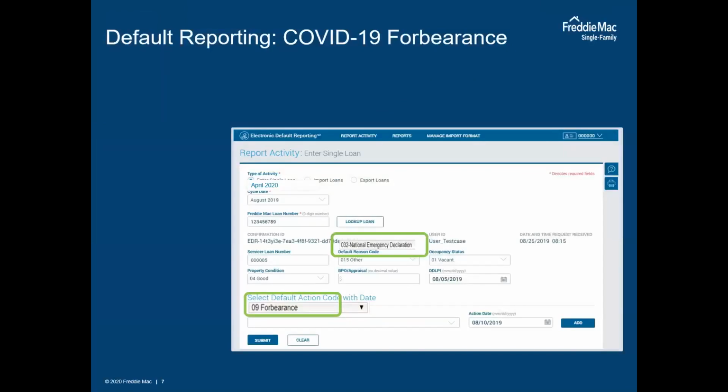Great. Okay, so here we have a screenshot of what it looks like in the actual reporting activity. And so you can see here that the default reason code would be selected as the 032, the National Emergency Declaration, in the center of the screen. And then in the bottom left is where you